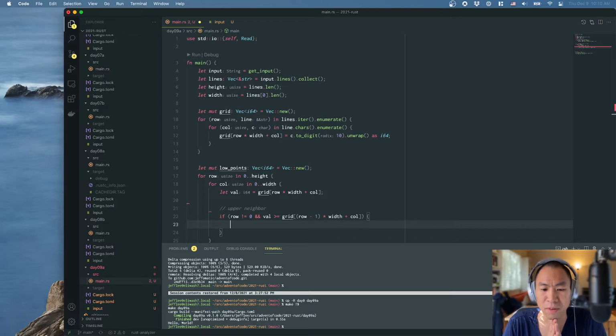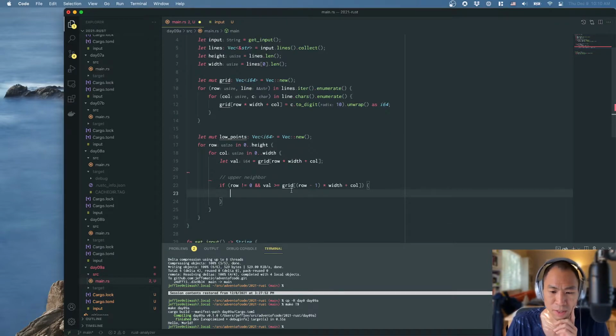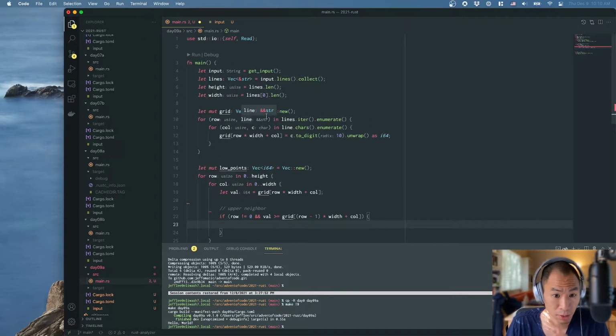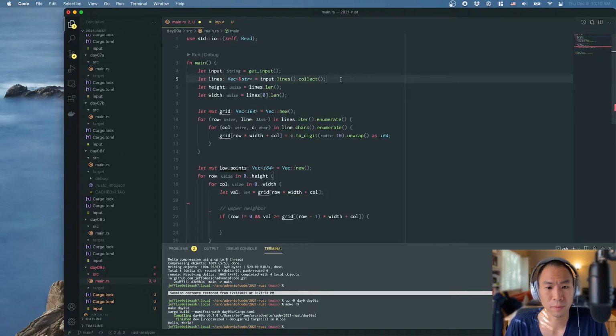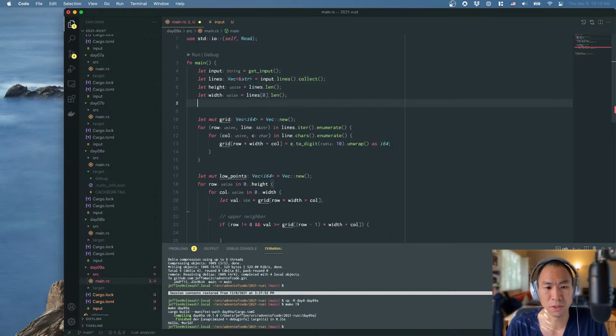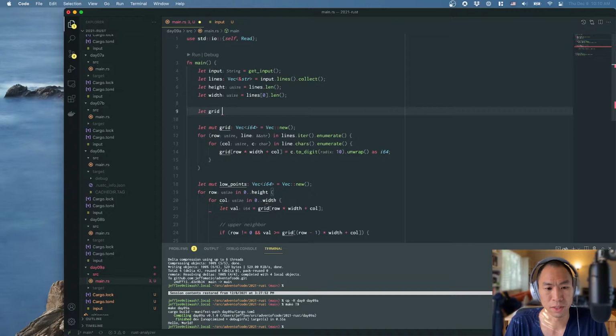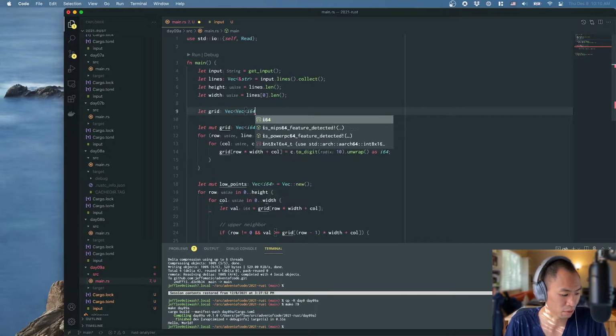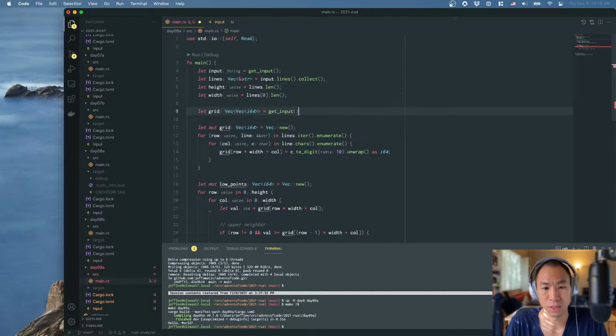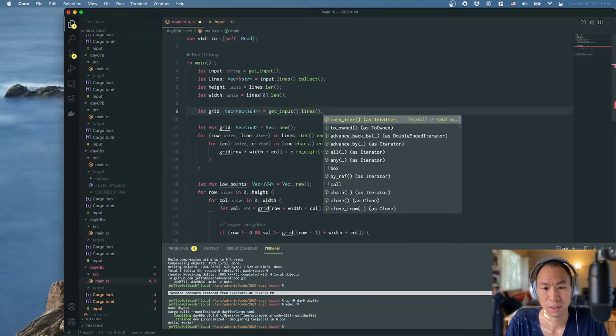I can see the advantage of having a two-dimensional vector of vectors, just because I won't have to keep doing this weird math here. Normally I wouldn't care about this, but I could see this getting a little bit inconvenient over time. So let me actually just convert this into a vector of vectors. So instead, what we will do is, this will probably change quite a bit, right? What we could do here is we could say let grid, which is a vector of I64, equal to get input lines map